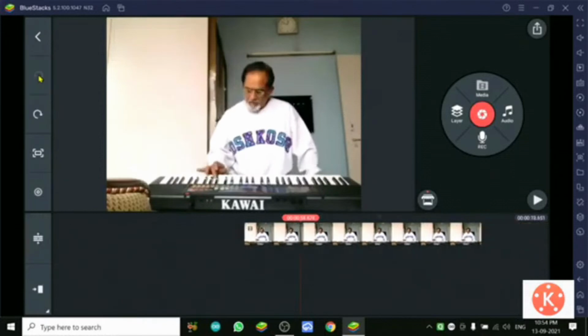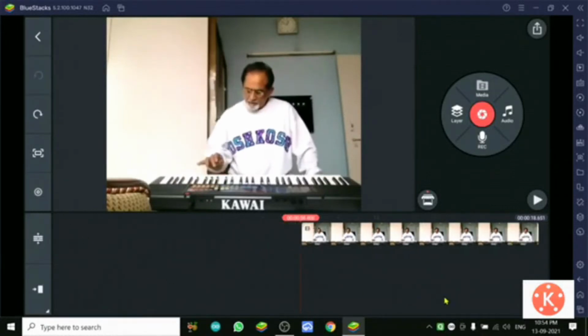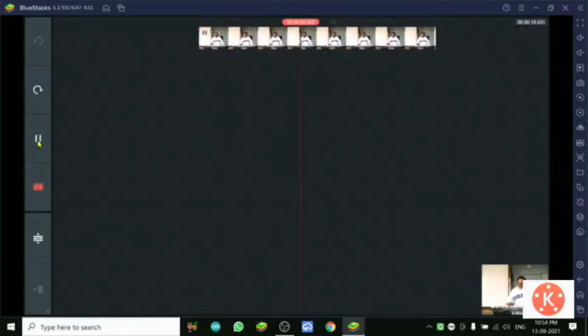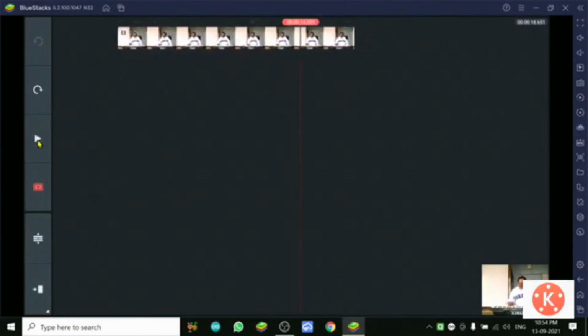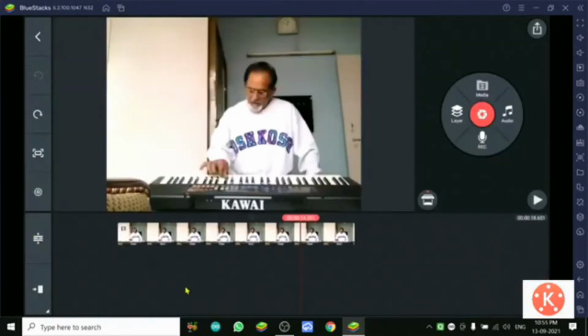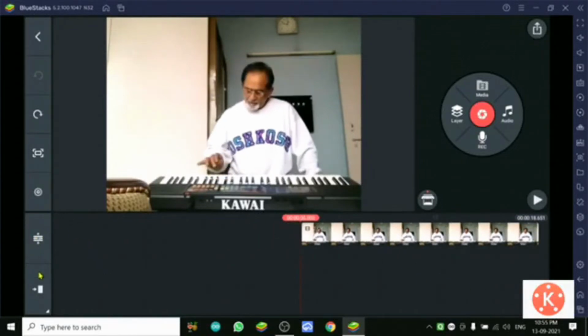So now again we will come to the original video and we'll start with something new. You see, this is the screen we can bring when there are so many layers coming down. Sometimes some layers are not visible, so you can enlarge it and work on it. You will see all the layers here. So again we can come on the same screen from here.